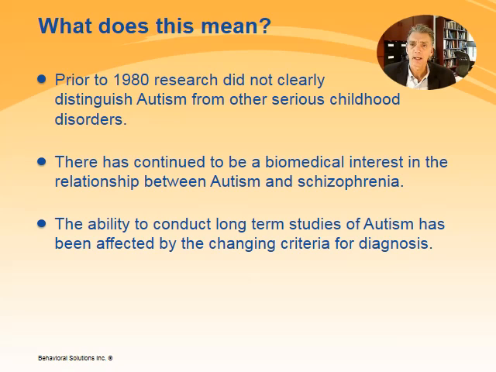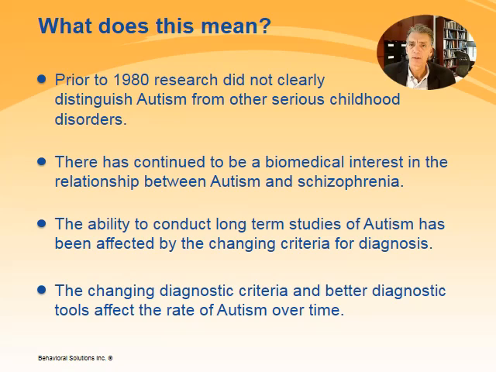This issue is the case for both basic medical research as well as research into treatment effects. For instance, currently there are far more young children diagnosed with milder symptoms of autism than was the case even a short time ago. This means that it is very likely that the selection of children into research programs in, say, 1999 would be different from the selection of children today. It appears that the biggest factors contributing to the rise in the incidence of autism is due to changes in diagnostic criteria, diagnostic assessments, and public awareness.